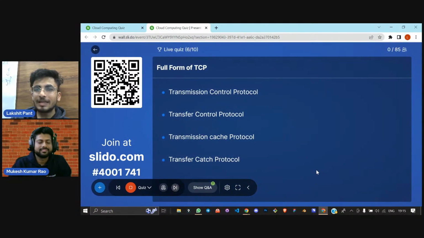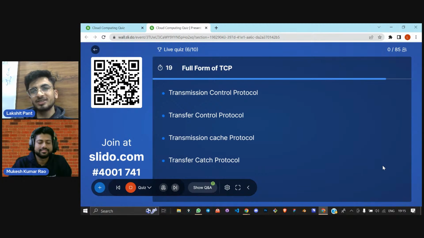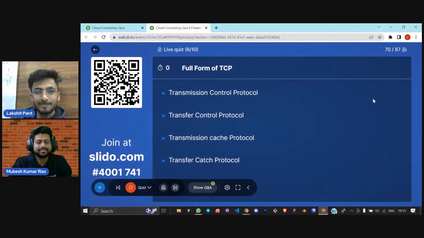Okay, the full form of TCP. You will hear this term in your networking, TCP, by which we can transmit packets. Let's see how many people answer this question. You will hear this term multiple times from your college professors.